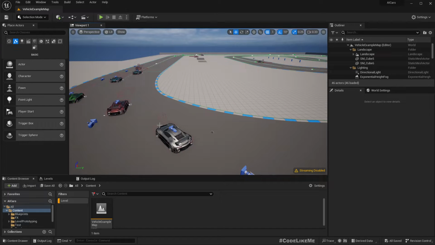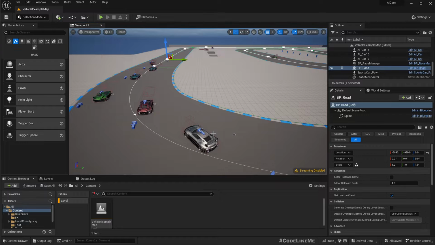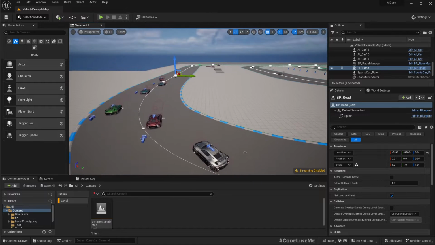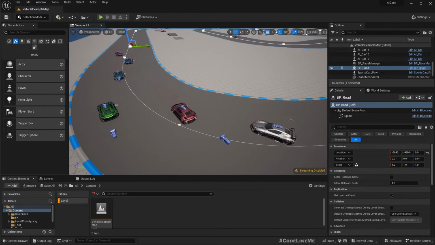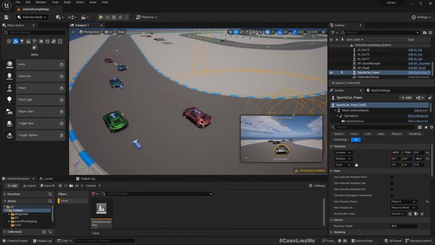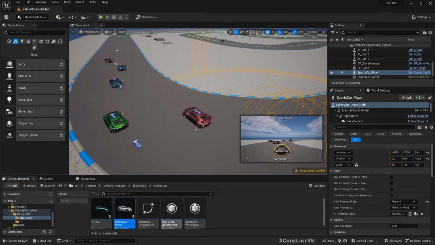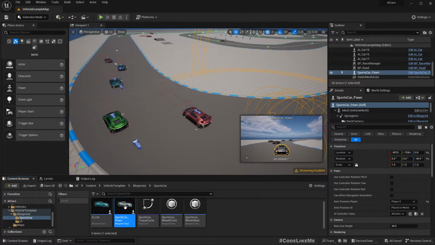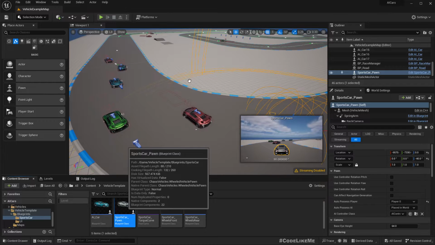Okay, but how can I do that? So first we need a way to record the speed of the player's car in each section of the road. That means in each section along this spline. Okay, so for that, let me first open the Sport Car blueprint,